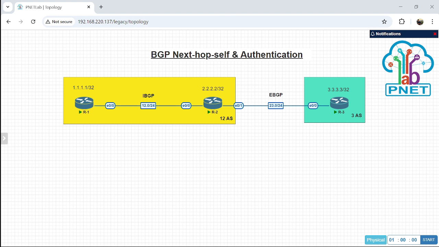Right, it has already changed to 12.2. Before we configured it, it still got the next hop from 23.3, that is from this IP, but after we change the next hop, when we check on router 1, it will be changed to router 2 because we set the next hop self on router 2.